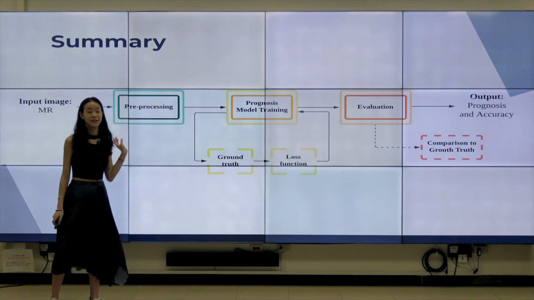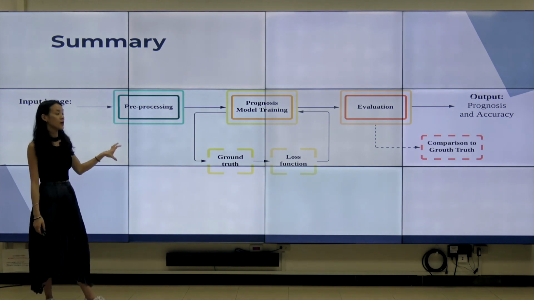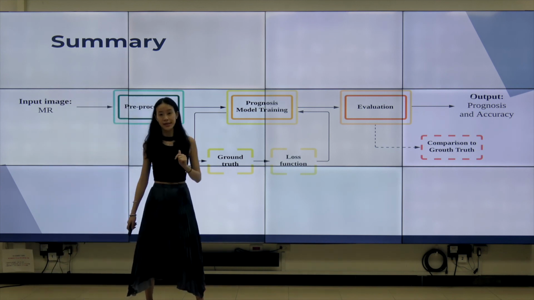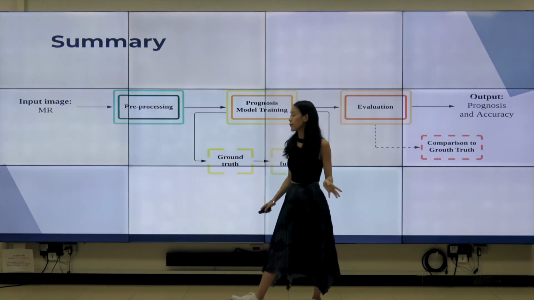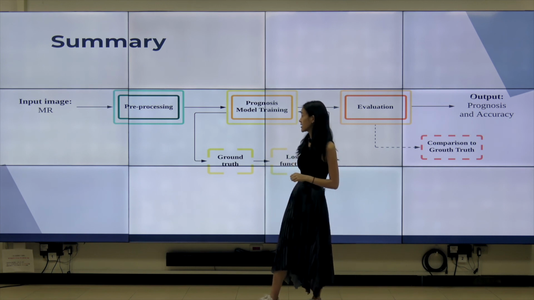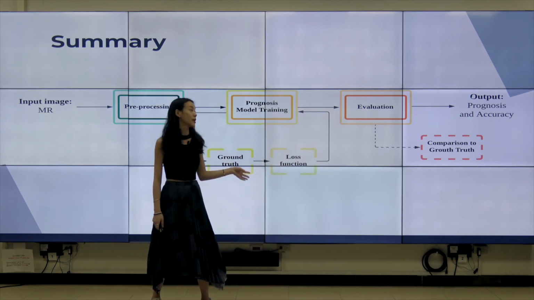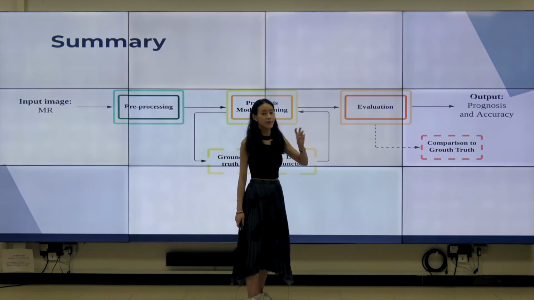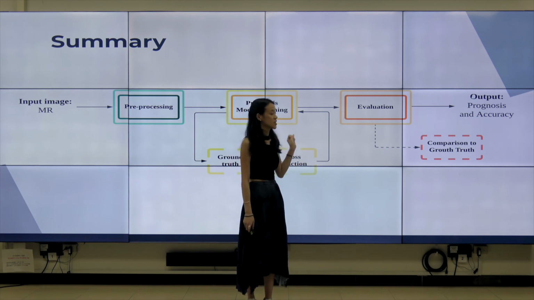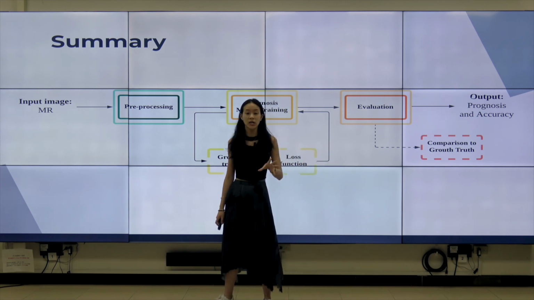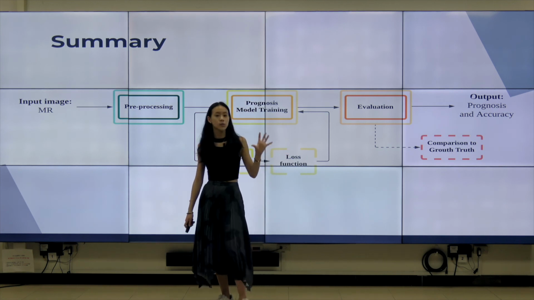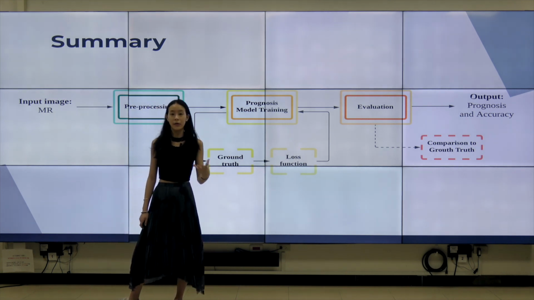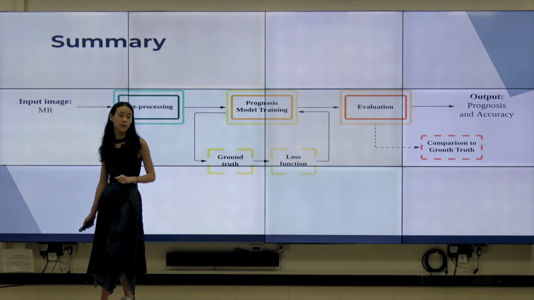So going over the entire summary of everything that we talked about, or how prognosis applies in a workflow situation, we would have our input image as always, which is the MRI scan for our case. We're going to go through the pre-processing methods that we talked about, the 3 different kinds. We're going to feed that into the prognosis model training, train the model through ground truth, have our loss function and everything, come out, have the evaluation as we talked about towards the end, and compare that with the ground truth in order to get the accuracy of our model, as well as our prognosis results. So what we would define or expect the outcome to be depends on the diagnosis that we have come up with.